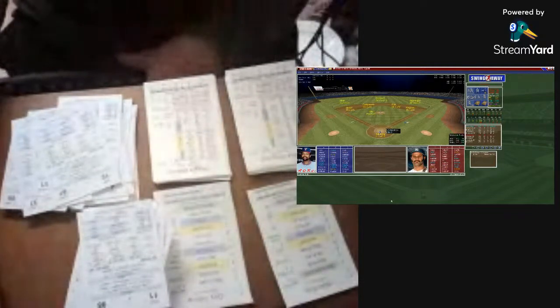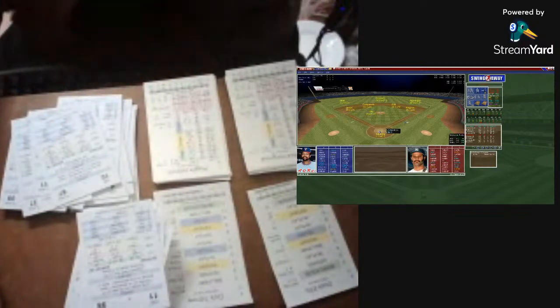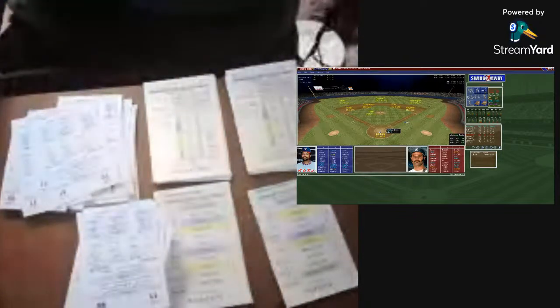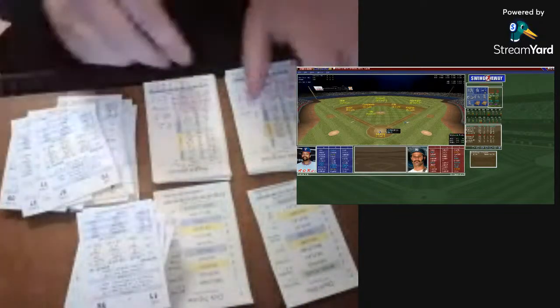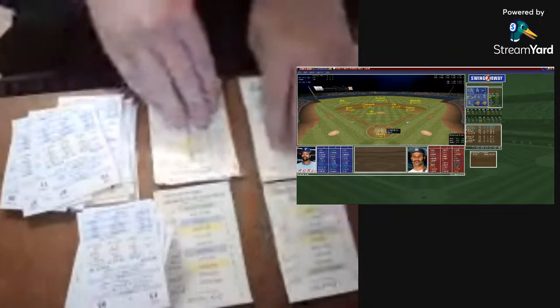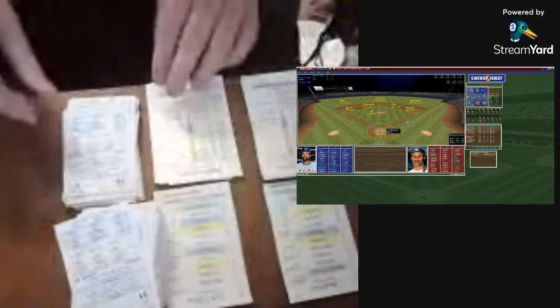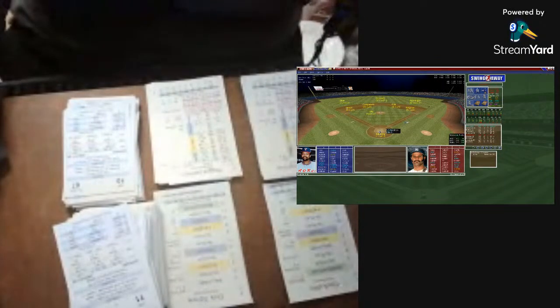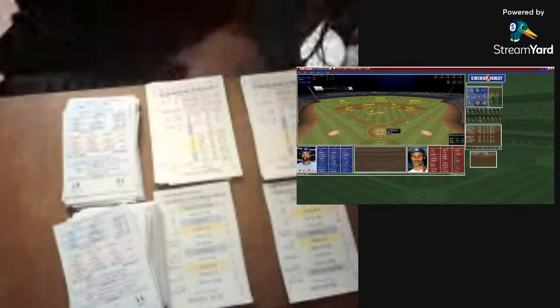Let's go to the 4th. Yankees lead 3-0. So the Yankees are looking good so far here. Top of the 4th, and Yankees lead 3-0. Again, we're playing Payoff Pitch, 1978 set released. And we're also playing with the fast action card, which is pretty neat if you want to play slow. You don't have to bother with dice and stuff. I kind of like it.